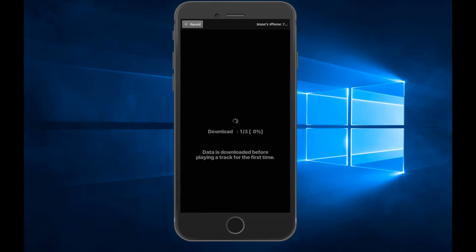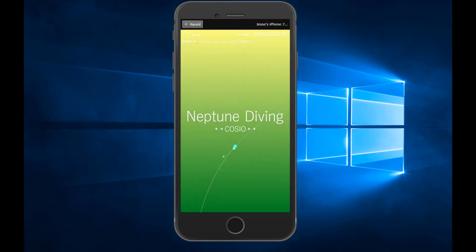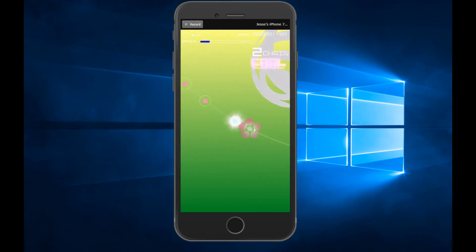Let's see, we'll do a couple more songs here for you guys. Oh no, I haven't done this one before. Oh, I don't like this background, it's hard to see. That's really light. Oh, this is going to be a tough one, you guys. That is horrible contrast. I gotta really concentrate on this. Could you have any worse contrast?